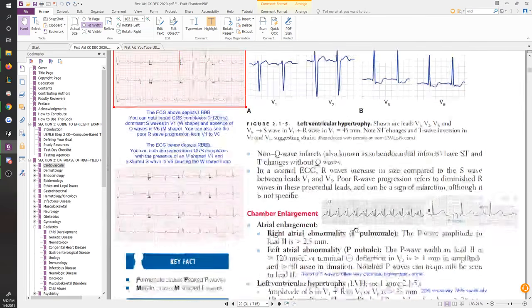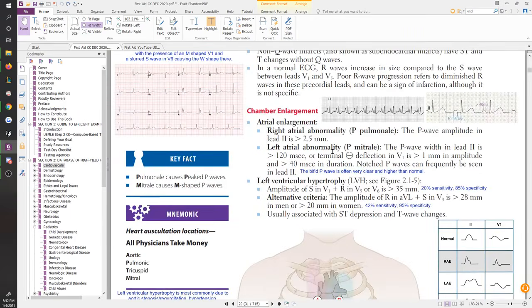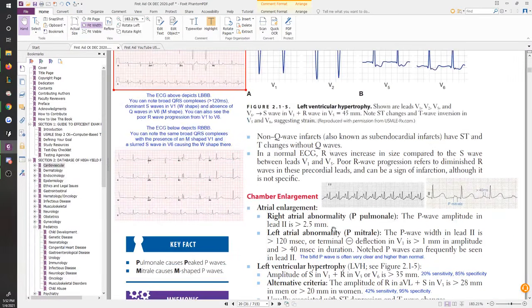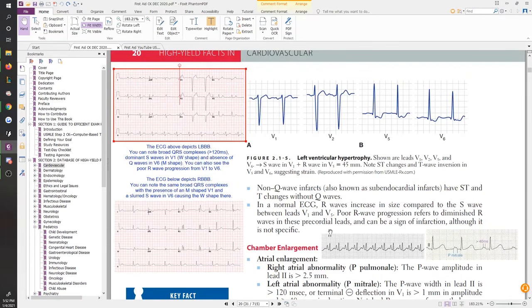The other thing is more things you can look for on an ECG, right? So now the next mnemonic comes up: topics related to chamber enlargement. Okay, so let's jump right into the examples because you can read this on your own whenever you need to, but it's most important to grasp what you see in the leads, right? So let's see the leads they show you in the book.